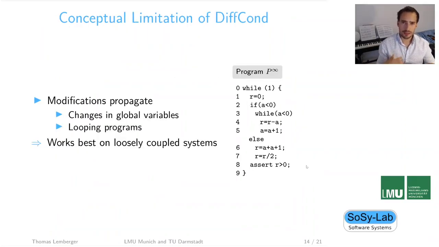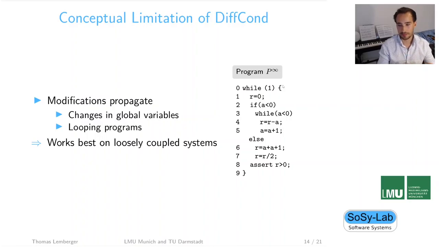So because diffcont only works on the syntax of a program and is quite simple and straightforward, it also has some conceptual limitations. And that is that modifications propagate through the program. So if there's some change to a global variable or a big loop around the program, that propagates the modification. Let's look at an example here on the right. We have the new program p infinity, which is basically the same that we already saw before, but there's a big while loop